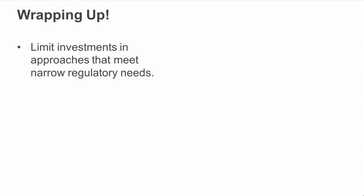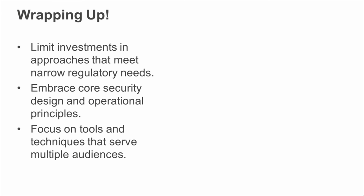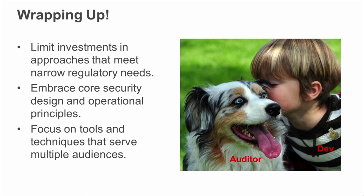You want to be thinking about how you can get more to the idea of designing around core principles. Because when you do that, you can then focus on tools, techniques and processes that really benefit everybody. It's not just, hey, we do this just for auditors or just for security. You're just doing the right thing and then everybody benefits. And then hopefully that's the key to